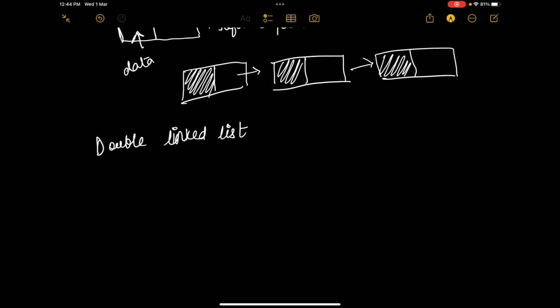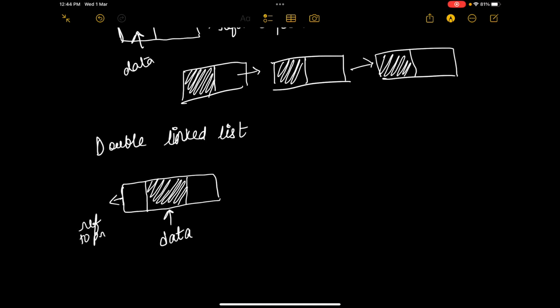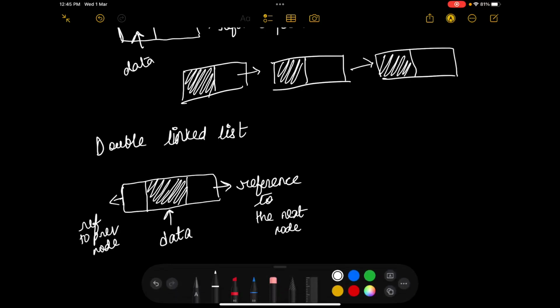In double linked list, each node contains three boxes, where the middle one contains data, this one contains reference to the previous node, and this one contains reference to the next node. Here we can see in single linked list,